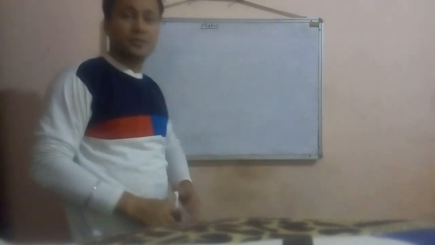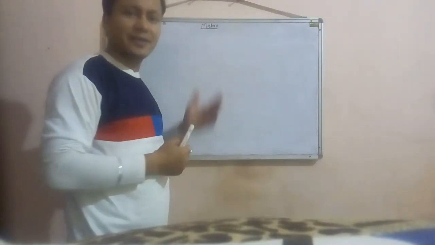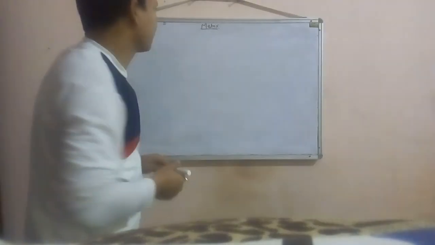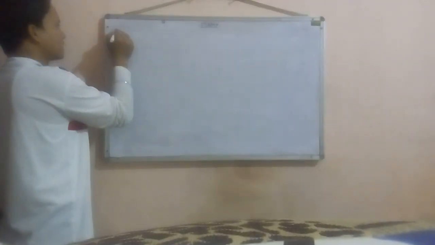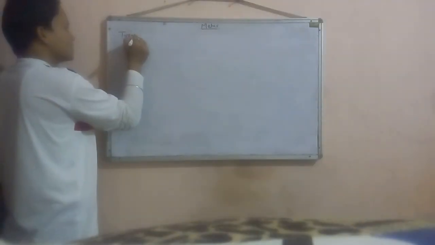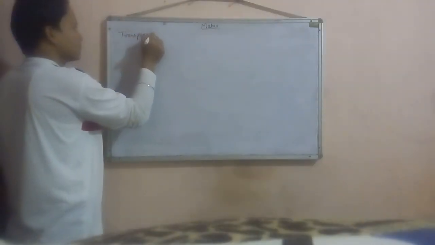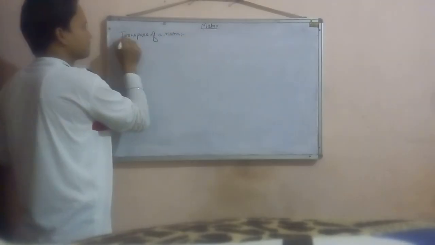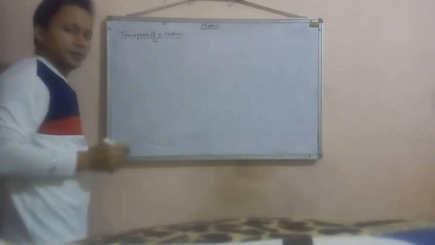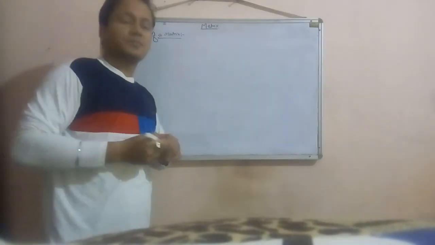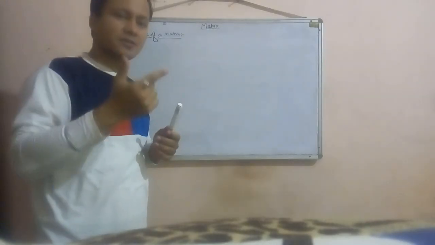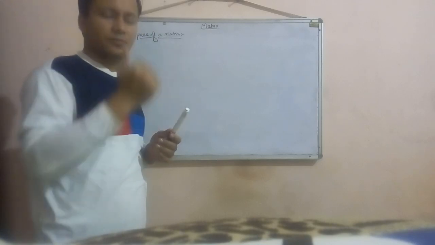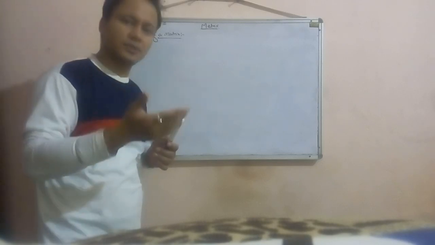Good morning, dear students. Today we are going to discuss the second topic of matrix. Okay, we will start from transpose of matrix. So, what is transpose of matrix? Transpose of a matrix is basically when we interchange the row and column of any matrix. Then the corresponding matrix we get is known as transpose of a matrix.